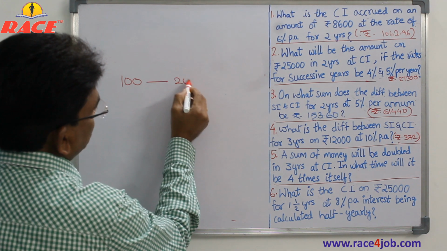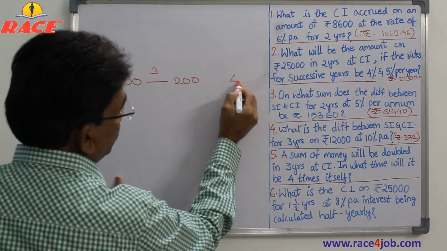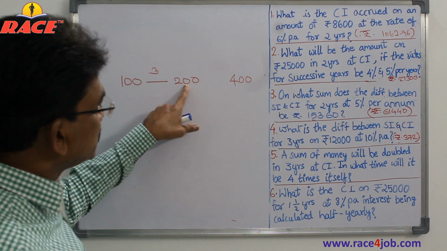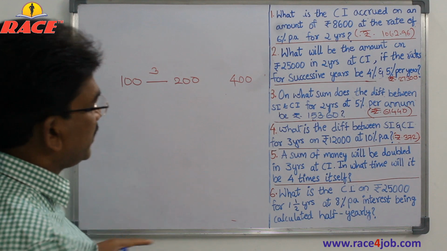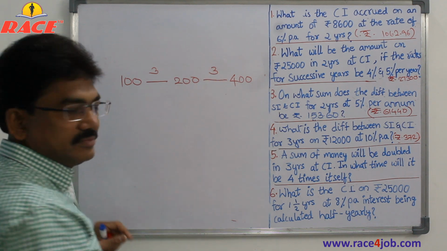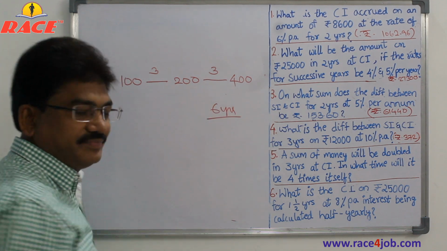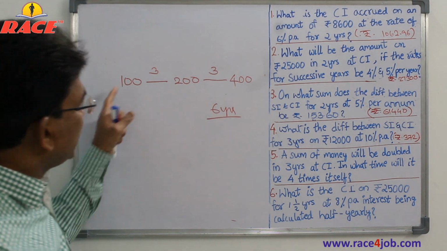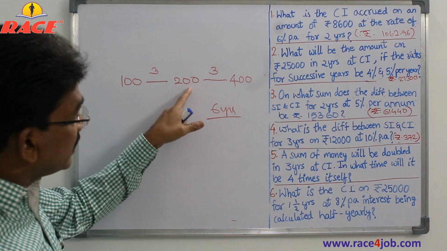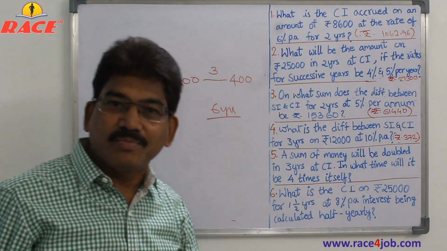Okay, if you remember that, we can say 100 rupees is the principal. That has become 200 rupees after 3 years. That's what he says, it becomes double. But he says it should be 4 times, meaning it should become 400. Understand? Now 200 rupees is the amount, but this will be the principal for the next period. This 200 is becoming 400, which means double. We know to become double it takes 3 years. So to become 4 times, how much time has it taken? 6 years. Simple. To become double, 3 years; to become 4 times, another 3 years. Totally 6 years, because we are taking 200 as the principal now. That is the rule of compound interest.